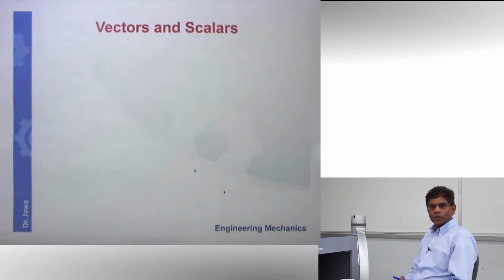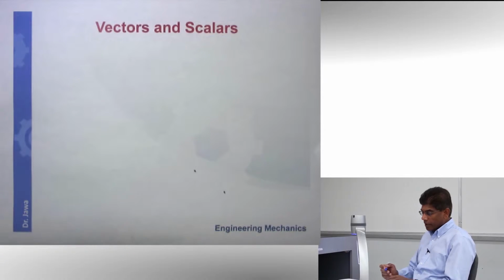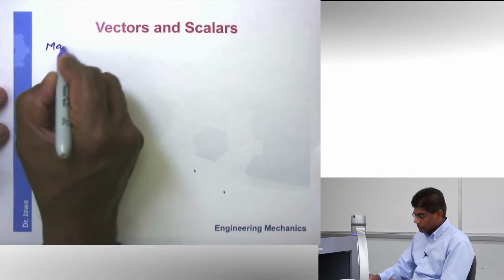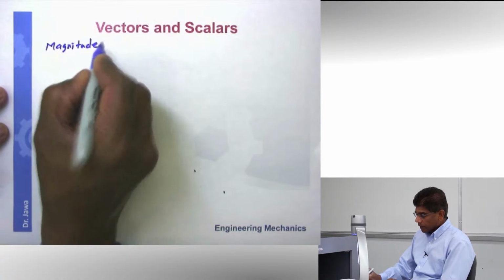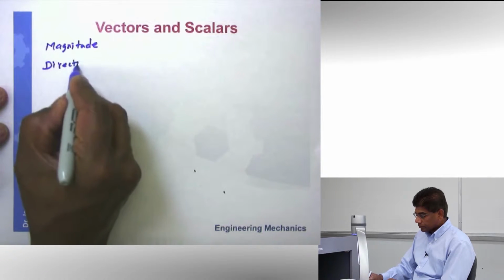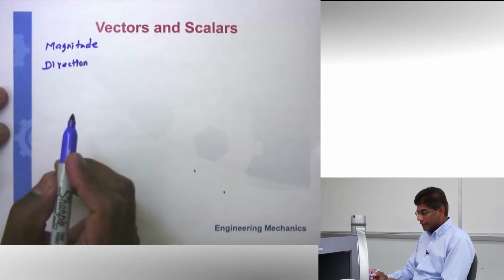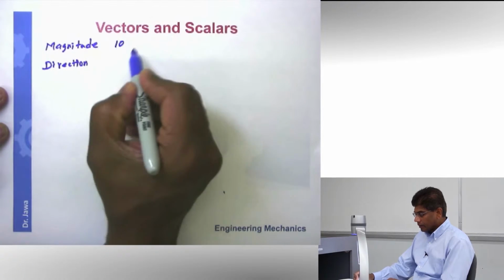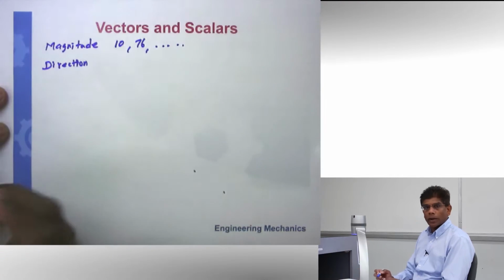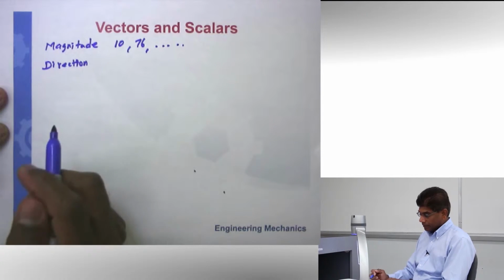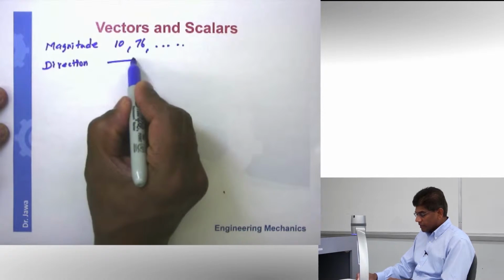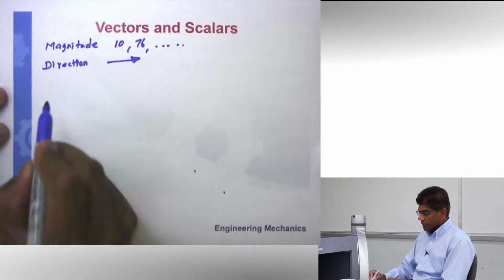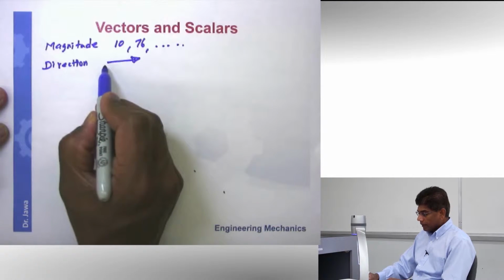All right, everybody, let's take a closer look at vectors. We talked about vectors a while ago, and we know vectors are physical quantities that have magnitude and direction. As you know, magnitude is simply a number. It could be something like 10, 76, and so on. It is just a number. It's a value. A direction is, for example, going this way. In this case, it is going from, say, east to west.